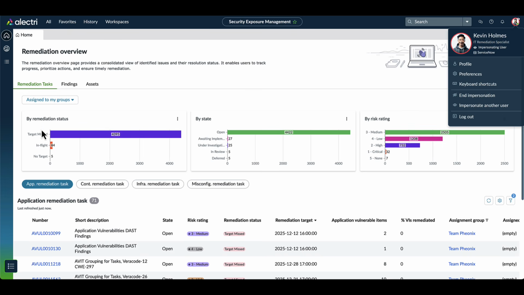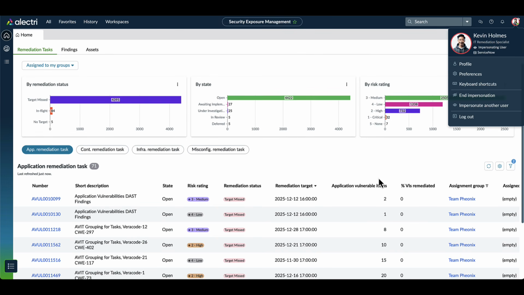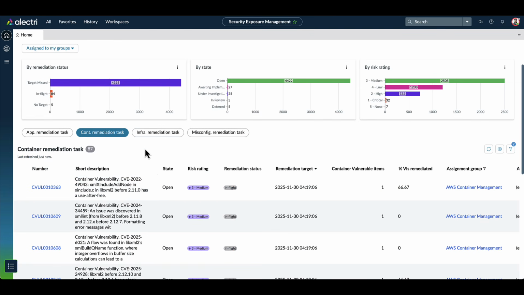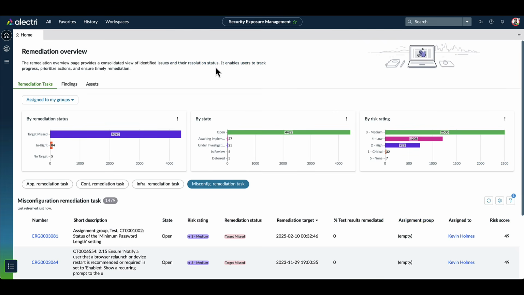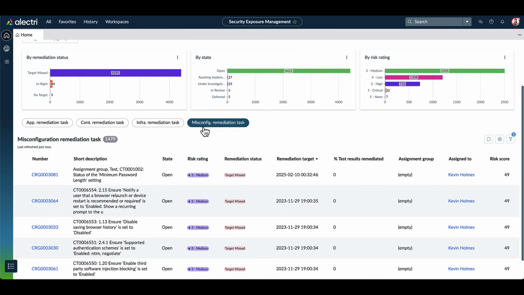These are broken down by the remediation status. Have we missed our target dates? Are we in flight? As well as the state of those tasks and the risk rating of those tasks. Remediation teams can also leverage the quick filters to view particular remediation tasks based on the exposure type. For example, application vulnerability response, container vulnerability response, host infrastructure vulnerability response, as well as remediation tasks tied to configuration